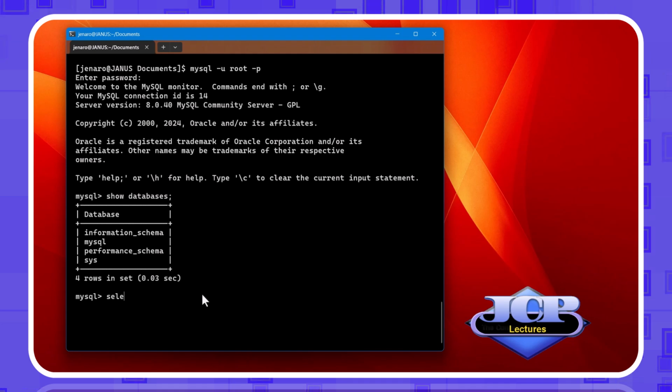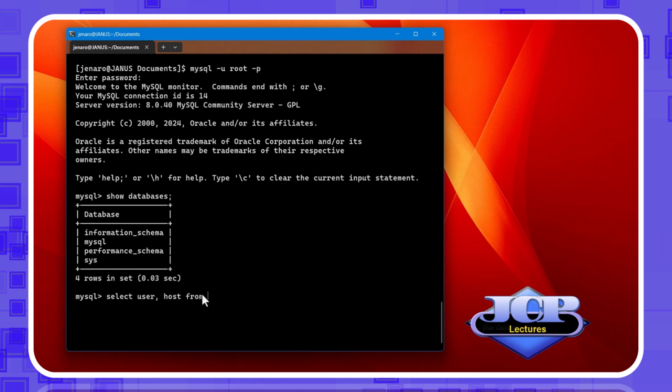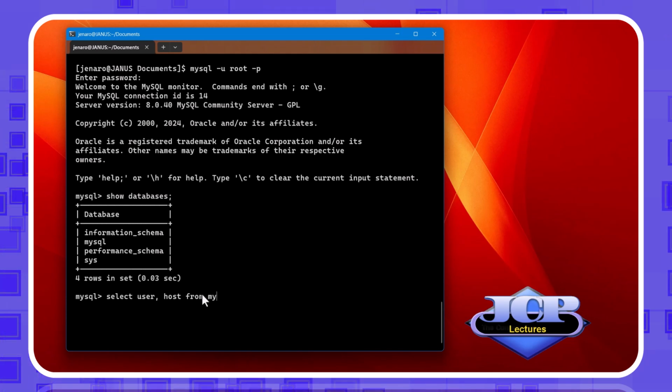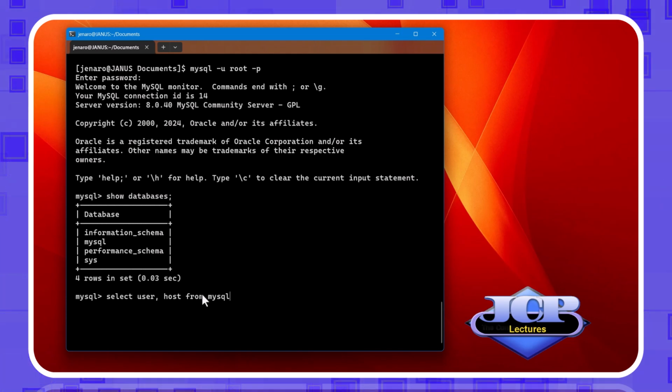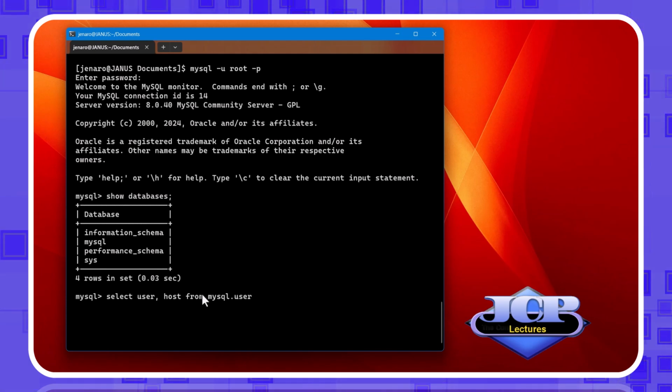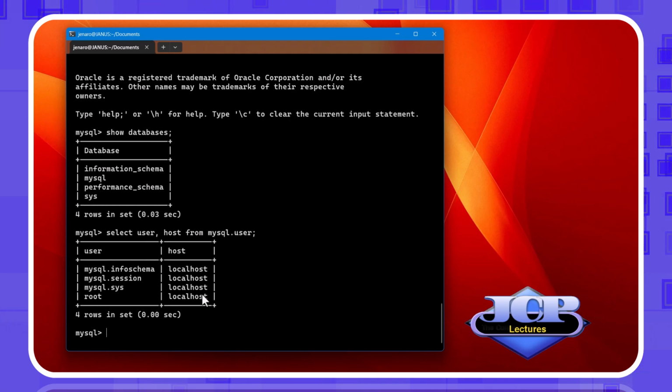After seeing the databases, we will see the user and host pairs registered in MySQL. What we can see from this table is that all the users must log in locally.